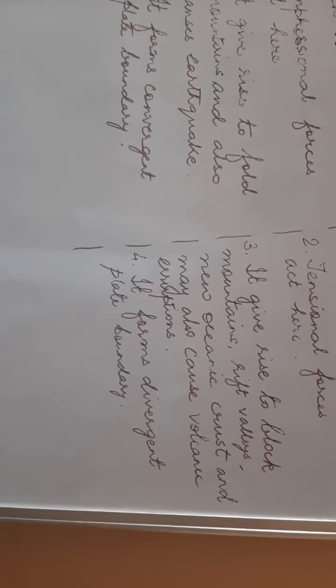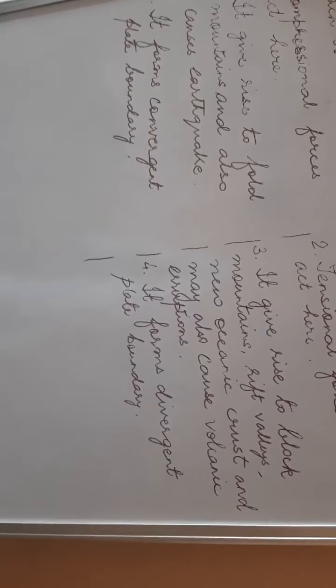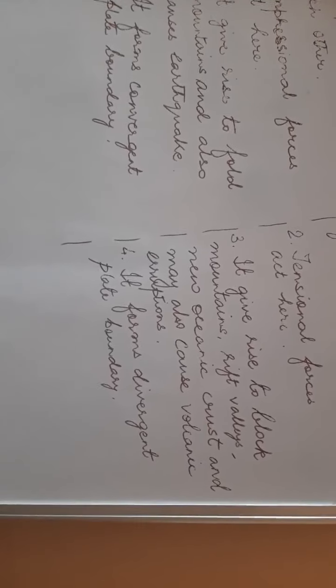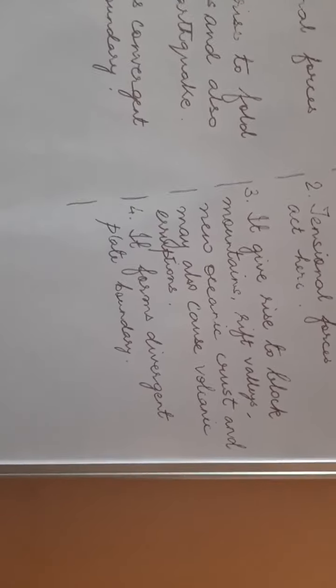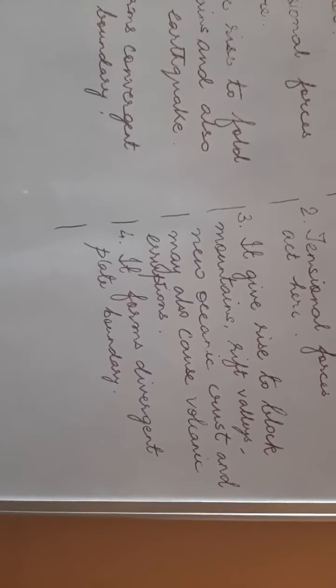So when it breaks down, it breaks into pieces. Then the new crust that is formed is occupied by the water of the ocean or sea, which rushes from the surrounding area, and it forms an oceanic crust and may also cause volcanic eruption, because the crust cracks. That's why the molten lava may come out from below and there can be volcanic eruptions.